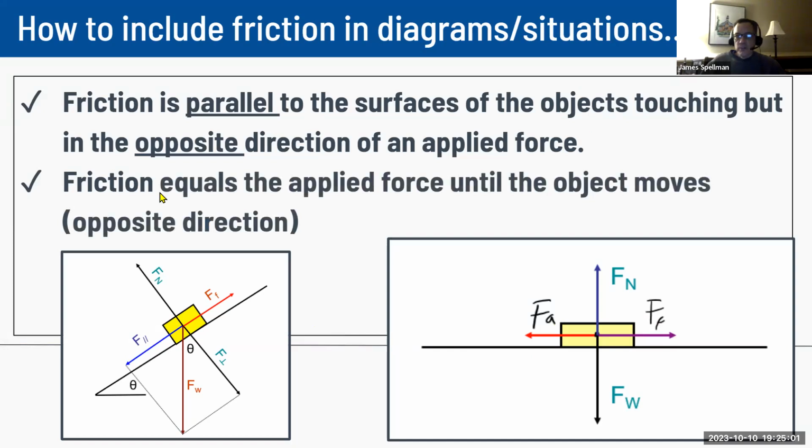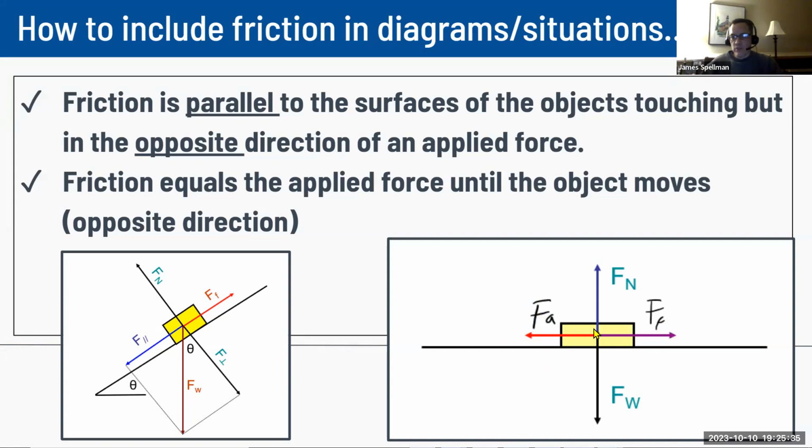Okay. Typically, the friction will equal the applied force, or this effort force, until the object starts to move. So if this was a really, really heavy brick or something like that, it might require our push to get longer and longer and longer before it ever started to move. And what we would see is that these two arrows are going to increase proportionally along the same way. Again, if it's stopped and we're pushing and pushing and pushing until it moves, the two arrows are going to be the same. In order to get it to move, we would need this arrow to be just slightly bigger